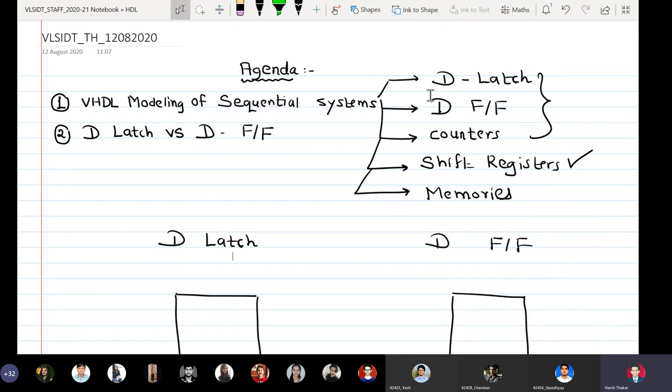Second case, inputs remain constant, but select lines change. Again, output will change. And if both select lines and inputs change, the output will change, right? So we see that here there is no relationship between the next state of the output and the previous state of the output. That is why we say that multiplexers, decoders, and logic gates are examples of combinational systems, because output changes only when the input changes. It has no relationship with what the output state was some time before.